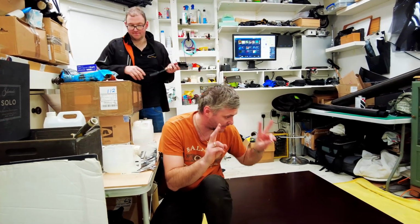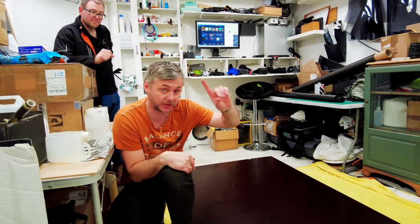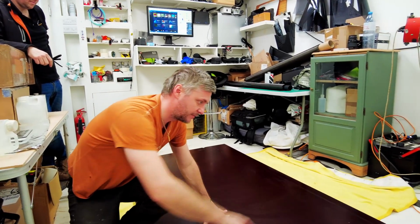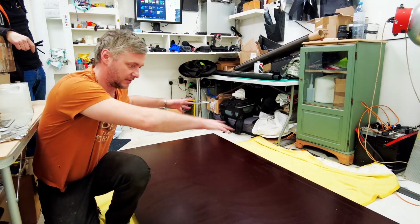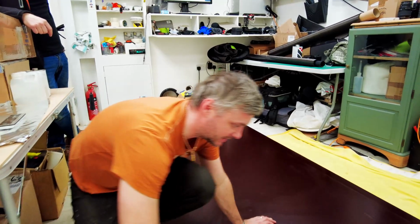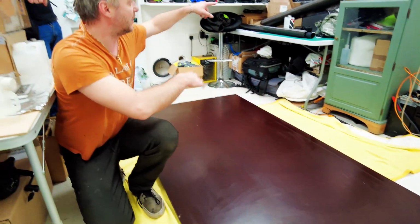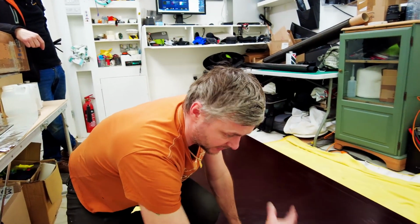The mold flat surface sheet is all prepped. We already put a piece of foam on it, and we traced roughly a round shape, because what we don't want to do is apply resin around the whole thing. We want it specifically on the part we're making. So these areas we know are safe, so it's going to be dry. Even when we lay our dry carbon on top, it's not going to be covered with residue from resin,